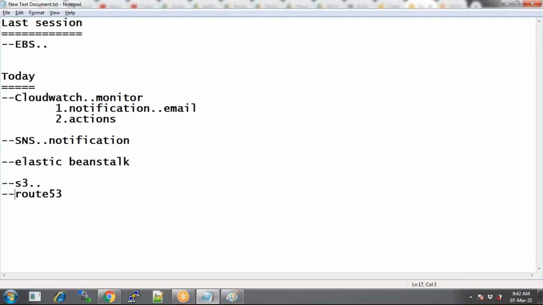There are some websites we use for hosting purposes. They provide the domain names, like GoDaddy. You buy the domain and then you host your applications. For example, you are a web designer and you have designed some application. What do you do next?